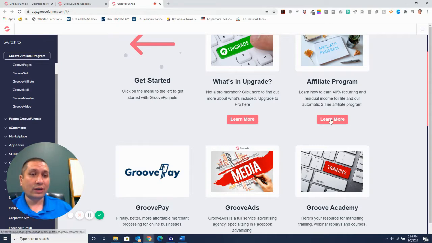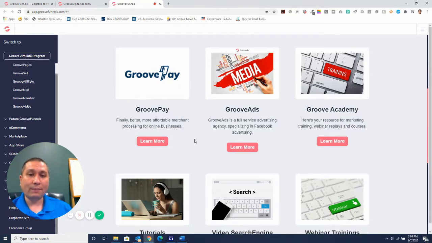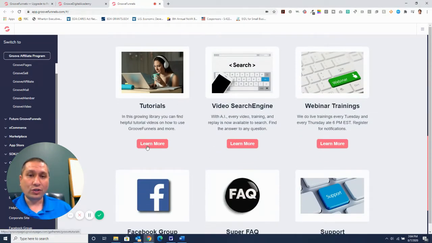And the affiliate program. If you do decide you want to sell GrooveFunnels, right now the affiliate program pays pretty well. It's 40% recurring revenue. Well, of course, I have that because I'm a premium member. If you're not premium, you only get 20% from my understanding, or 10%. Groove Academy, Groove Ads, I mentioned that. They teach you how to get your ads done and do it properly. Groove Pay, so it integrates payment processing so you don't have problems. Tutorials, video search engines,